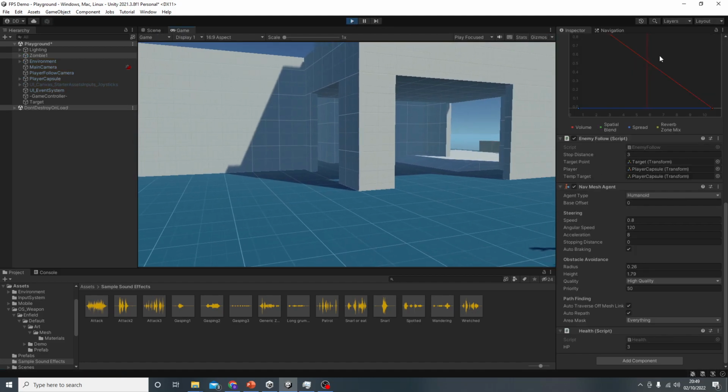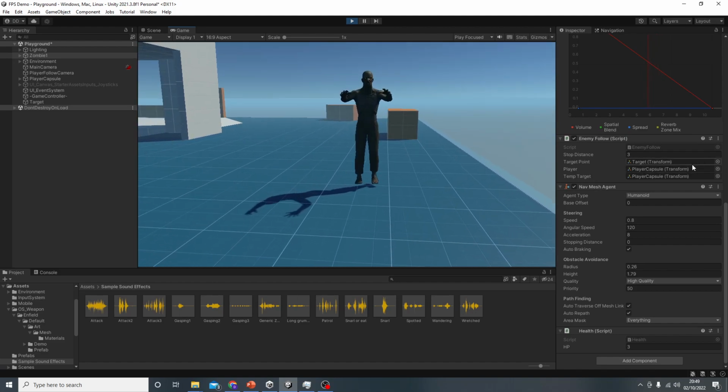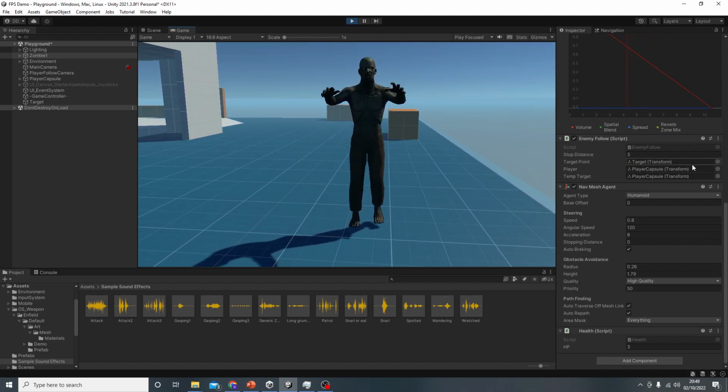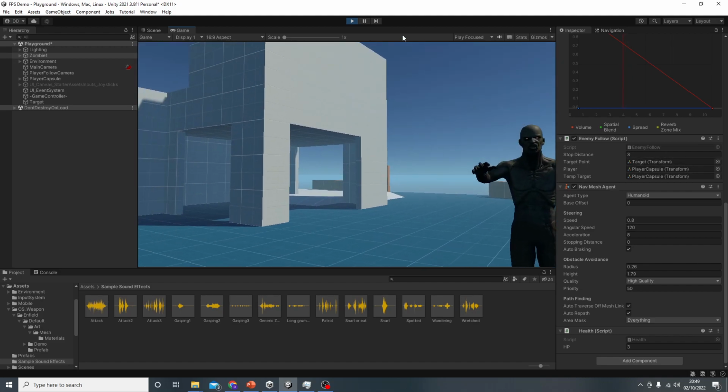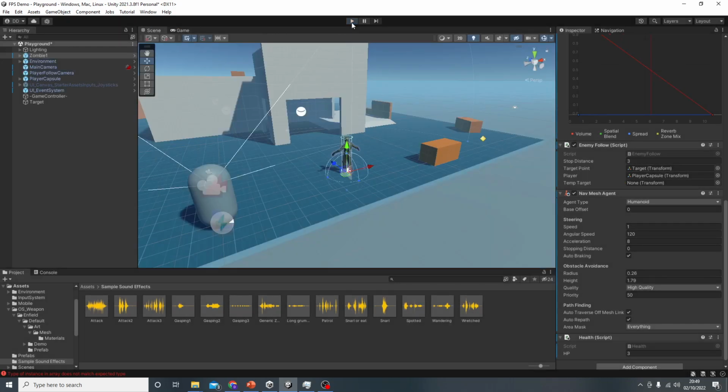Let's test that works. So our music is playing, and I could hear it play its sound effect. It played it once, and then it stopped, and you could hopefully hear as well that it was coming from that singular point. That's all well and good, but if I've got multiples of these zombies, so with it selected,